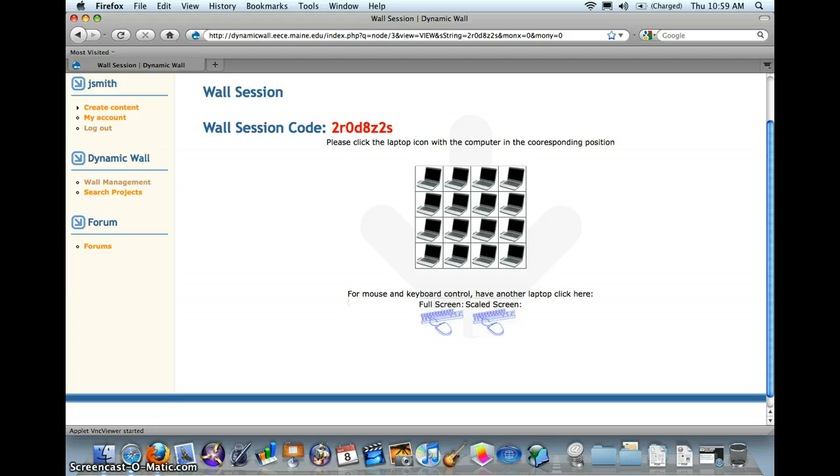As a teacher, these icons down here at the bottom are what are most important to you. There's a couple of options. The full screen option will allow you to see the window at full resolution. That's going to probably require that you scroll around to gain access to things. But that's useful if you're trying to read anything that may have popped up in a small font that you can't see on the scaled version. But I'll show you the scaled version first. If I click on the scaled version,